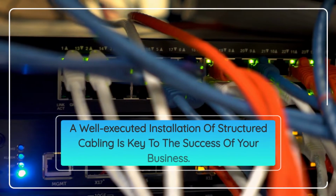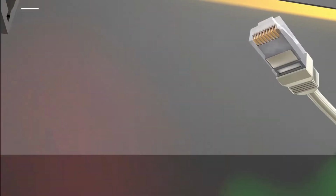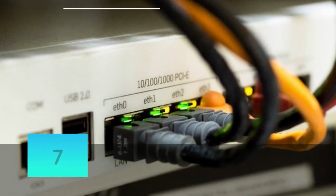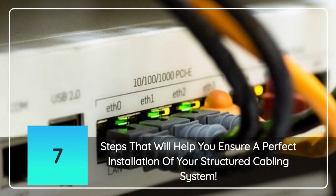A well-executed installation of structured cabling is key to the success of your business. It can be the difference between a smoothly running operation and one that is constantly plagued with problems. In this episode, we will discuss 7 steps that will help you ensure a perfect installation of your structured cabling